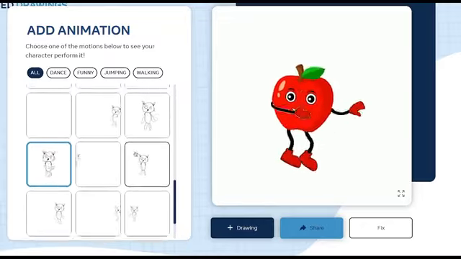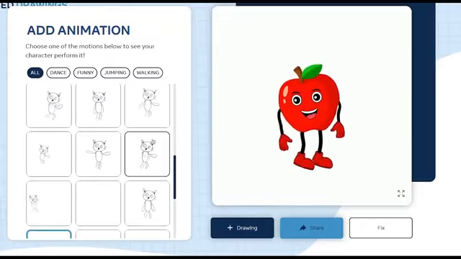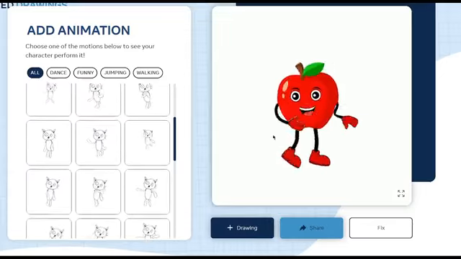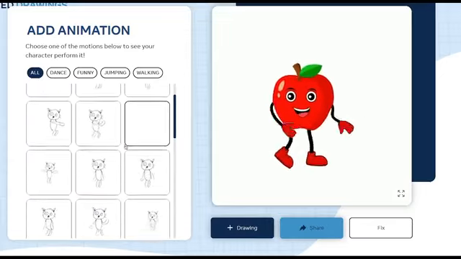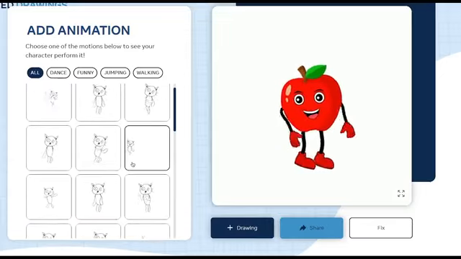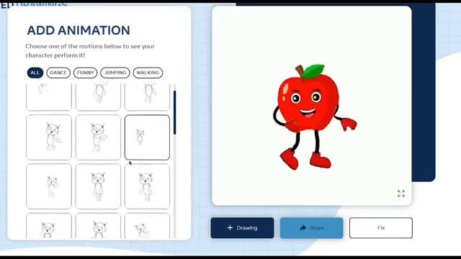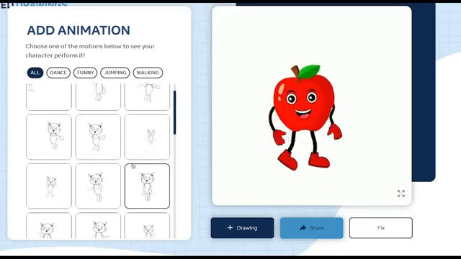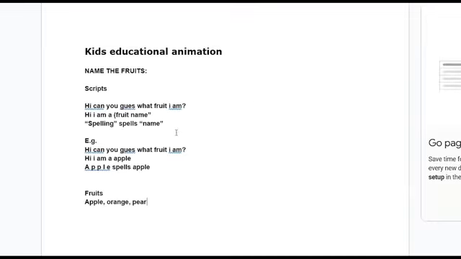And look at his legs. This is the reason why I said you wanted his legs to be facing the same direction, because if his legs were facing the opposite way, he would be walking with his legs open. So that's why I told you guys to do that step earlier. And then from here, you would go back to your script and figure out the different movements that you need your character to do, find it, and then download it.